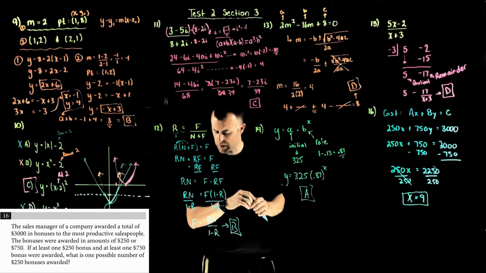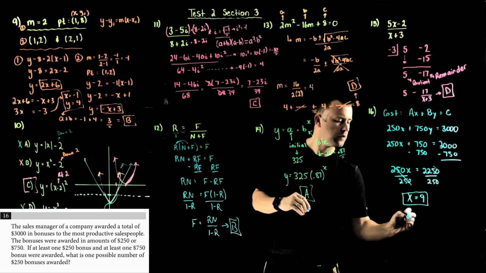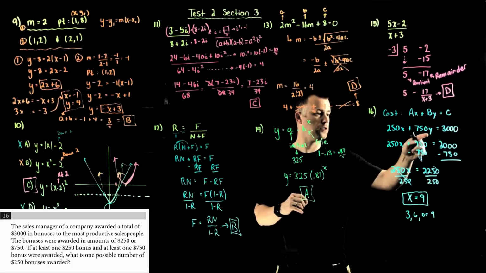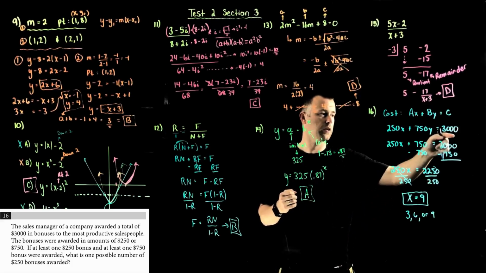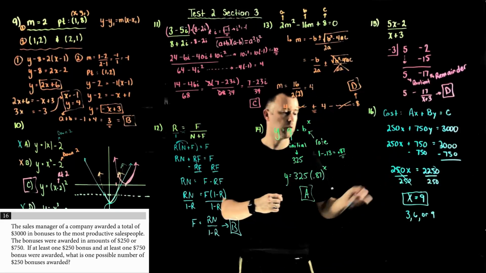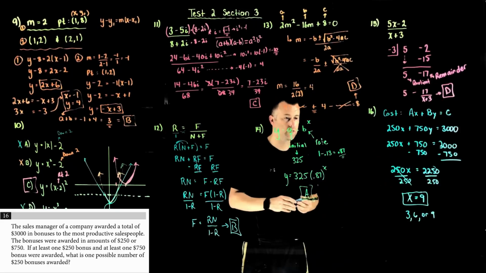And again, based on the numbers you pick, you could have gotten 3, 6, or 9 for this one, if you picked 1, 2, or 3 for y. If you pick 4 for y, it gets to be above 3,000, so you'd have a negative x, so it wouldn't have worked. So anyway, that's what I got, and those are some other answers you could have gotten for number 16,